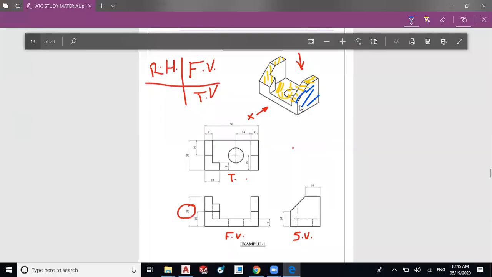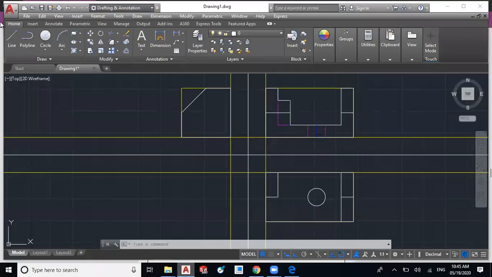Now there is this inclined surface along this, and we have to draw the edges. Okay, this edge we have to draw up to the inclined surface. So there is this edge up to the inclined surface, and behind this surface there is a horizontal edge which is drawn here, the horizontal edge which is hidden behind the surface. So I will track the edges, I will select the hidden layer, and I will track edges from the front view. So this edge will be hidden, which is behind the surface.